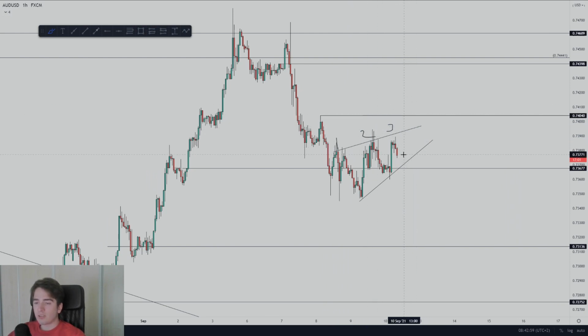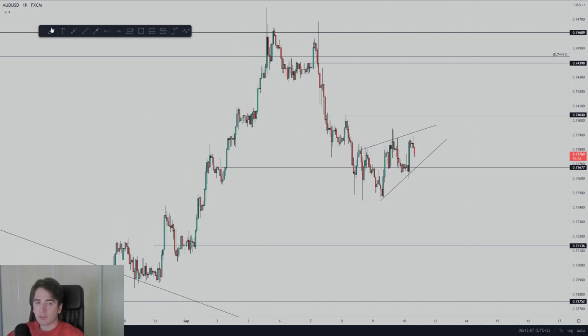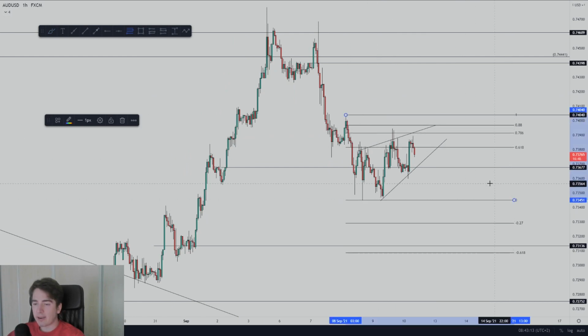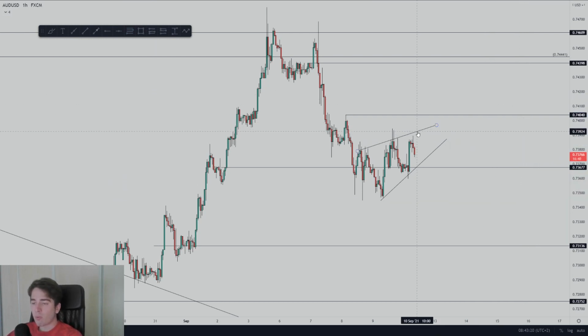So I could still see this pair moving up a little bit higher alongside that dollar index falling back down in towards the lows. However, it does not need to happen because this structure is already enough to let it tank in towards the lows. Furthermore, if you were to draw on a fib from here to here, we can then see that it perfectly hit the 786. So essentially, if you look at this from a 1 hour perspective, it is good to start falling down.